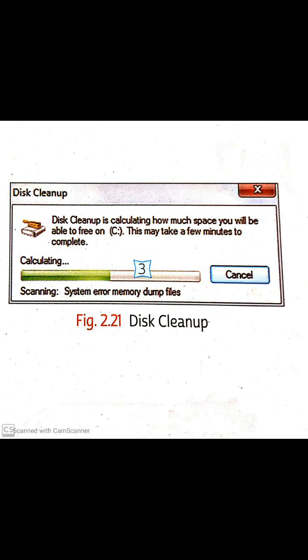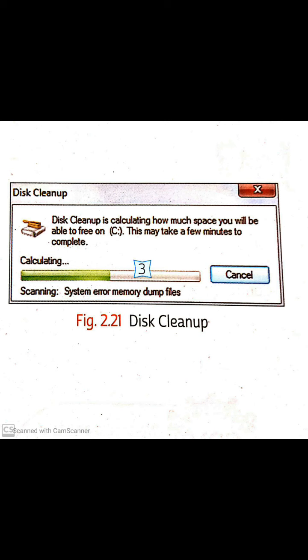Hope students you have understood how to clean or free up space from your hard disks. Which files are not required, you can delete. You make a list of the files that can be safely deleted. You can delete some files also.